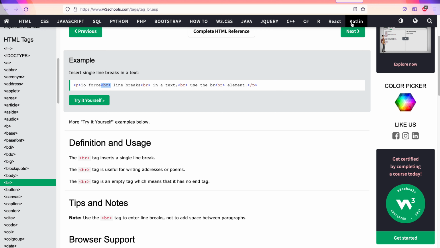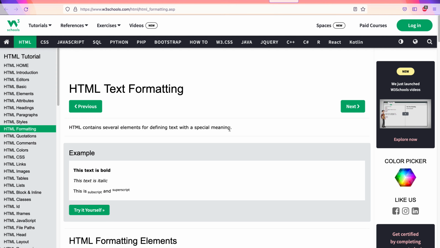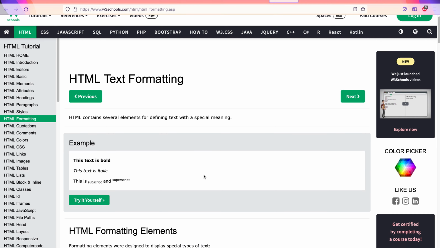Then, okay, so I have headings, I have paragraphs. Okay, but how do I put some styling? I want to see some bold text. How do we do that? There are some formatting tags that are available in HTML that we can use to get the kind of display, the rendering of the content that we want.